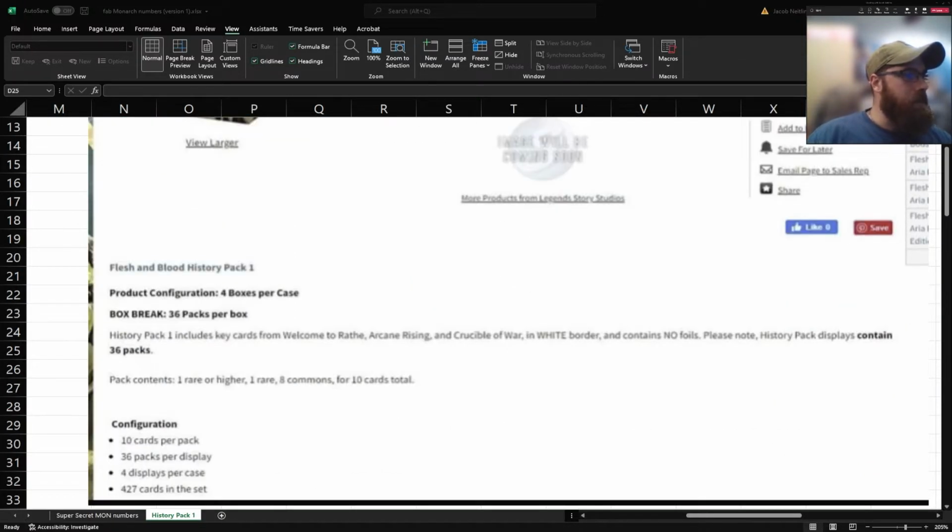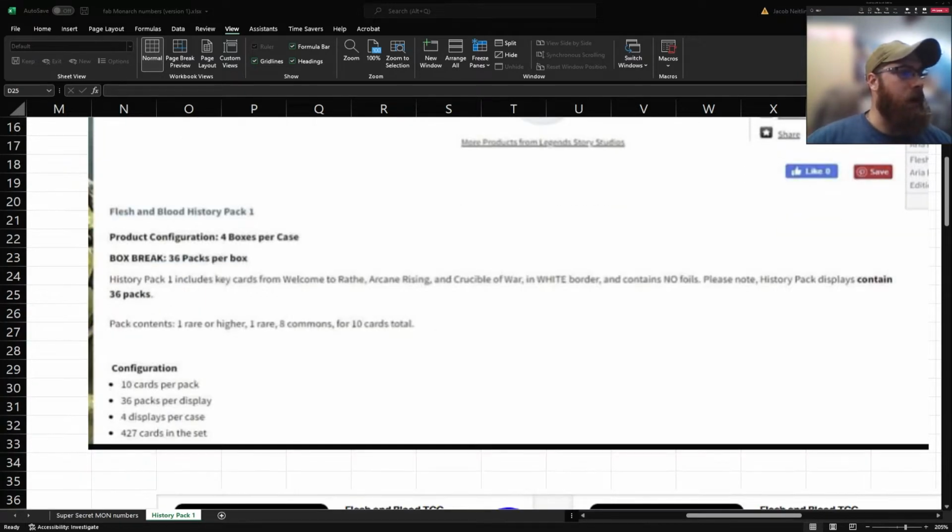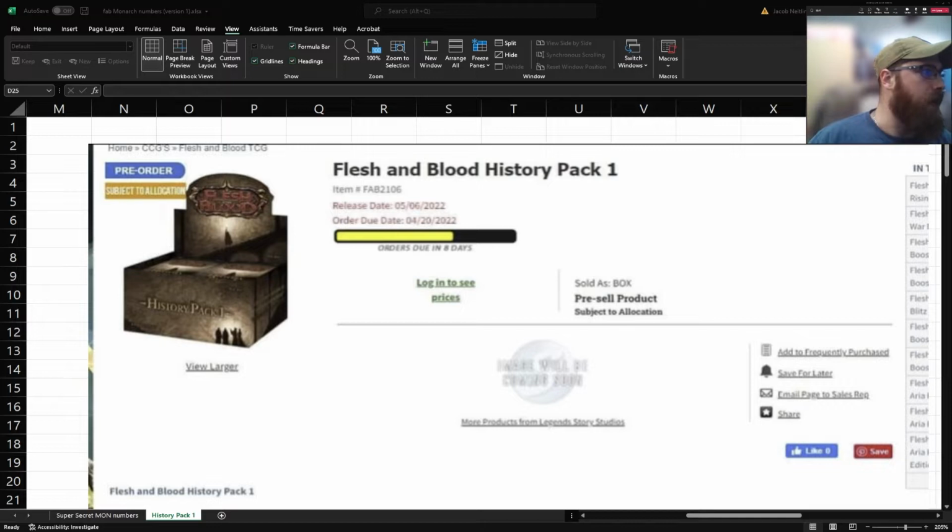So this box is going to have 36 packs, so this is information we do know. It's going to have 1 rare or higher, 8 commons, so basically a total of 10 cards per pack. If you compare that to the traditional 24 card boxes with 15 cards per pack, you're still getting basically the exact same amount, 360, so 24 times 15 or 36 times 10. Because of this, and the known 427 cards in the set,